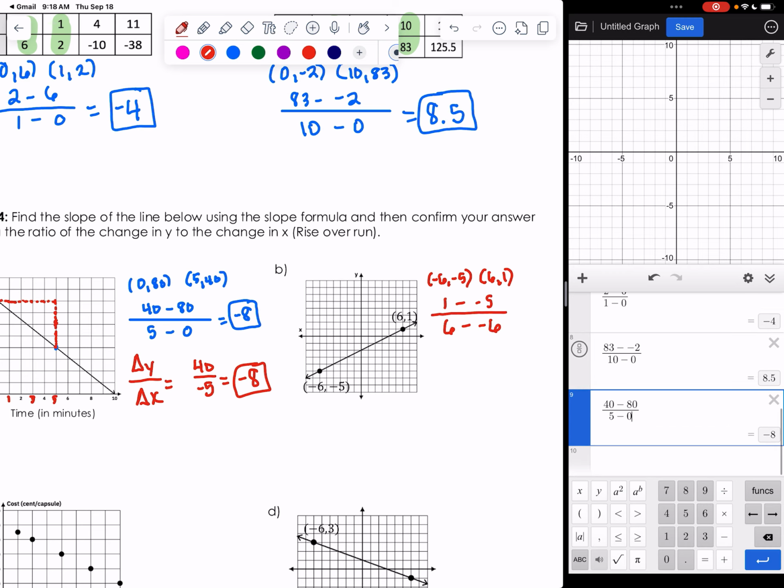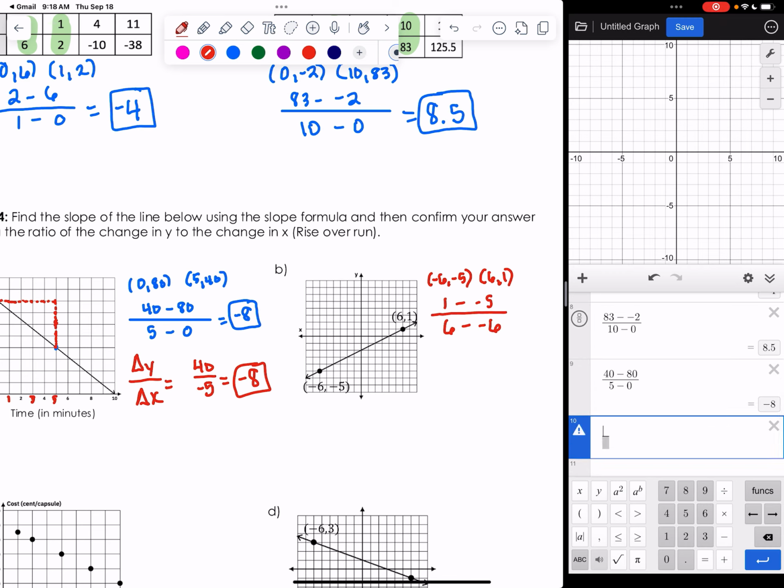All right. I'll come over here to my calculator, hit my division bar. 1 minus negative 5 on the top. 6 minus negative 6 on the bottom. And that gives me 0.5, which is the same thing as 1/2. All right. Now we're going to confirm our answer by finding the change in y, delta y, over